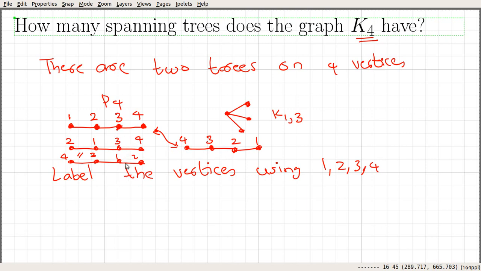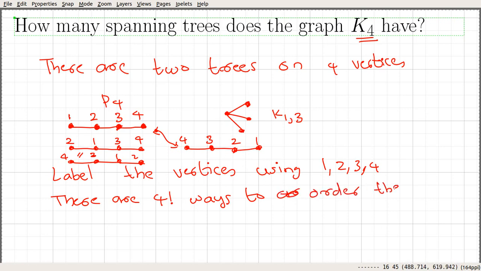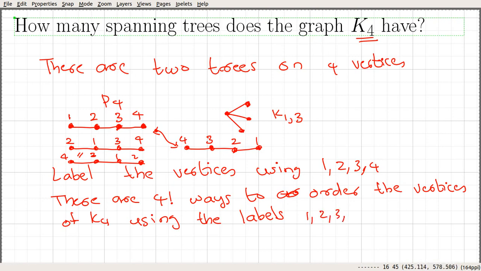Okay, so let me write down what I said. We can see that there are 4 factorial ways to order the vertices of K4 using the labels 1 2 3 4.